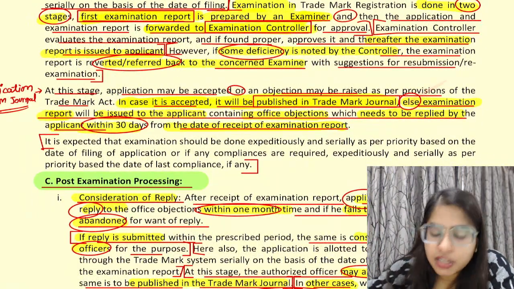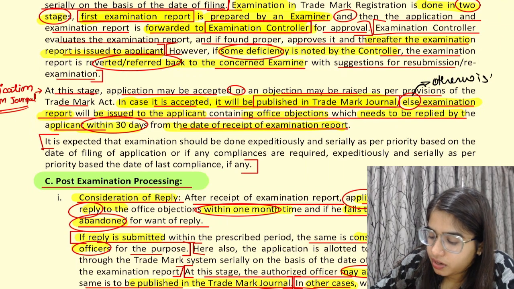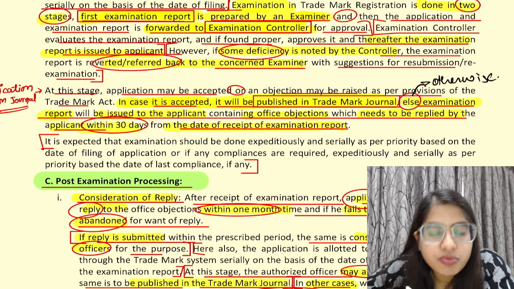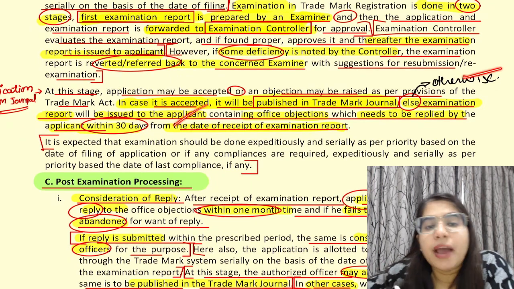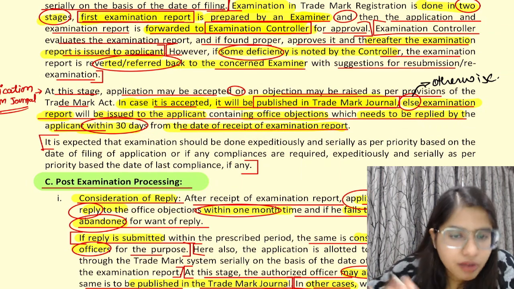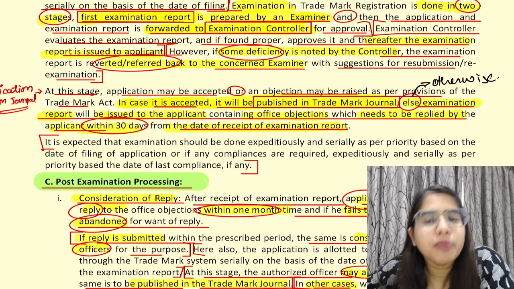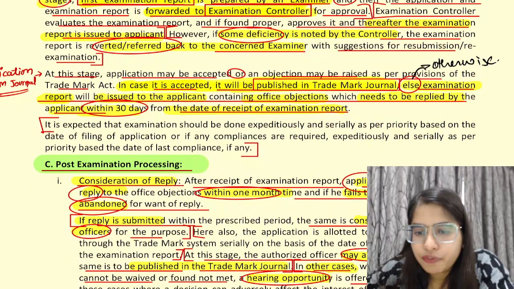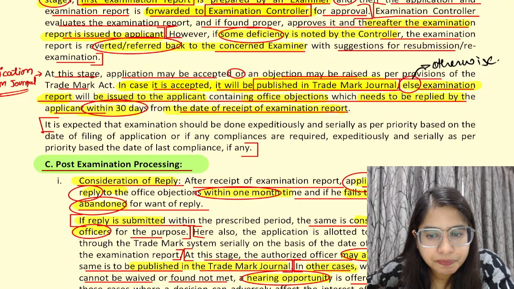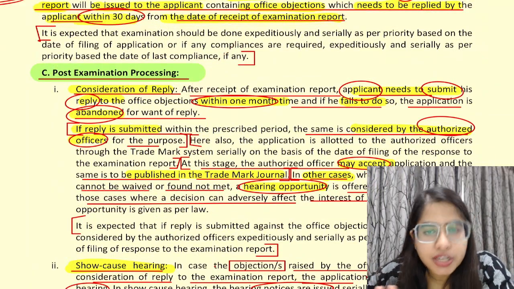Otherwise, what will they do? They will issue the application back to the applicant and ask him to reply within 30 days. If they find any objection, they will return my application to me and ask me to make changes and submit the revised application within how many days? Within 30 days. After that, post examination is done, and let's say